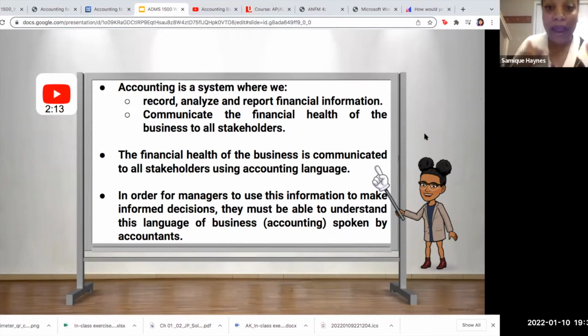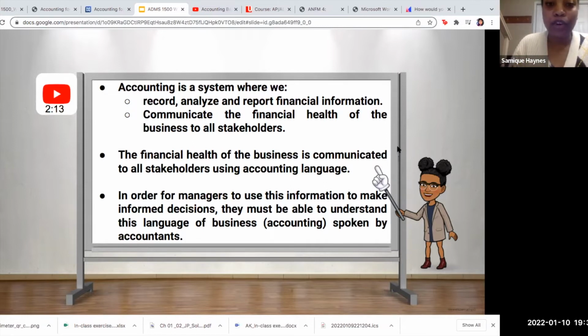This course, why are you taking this course? Well, you're taking this course not just because you need to pass it in order to do your classes, in order for you to pass or graduate. You're doing this course because even though you're not going to be working in accounting, you're going to be working in some type of organization where you have to make decisions. And most of the times, in order for you to be able to make decisions, you're going to need some type of understanding of the accounting of that organization.